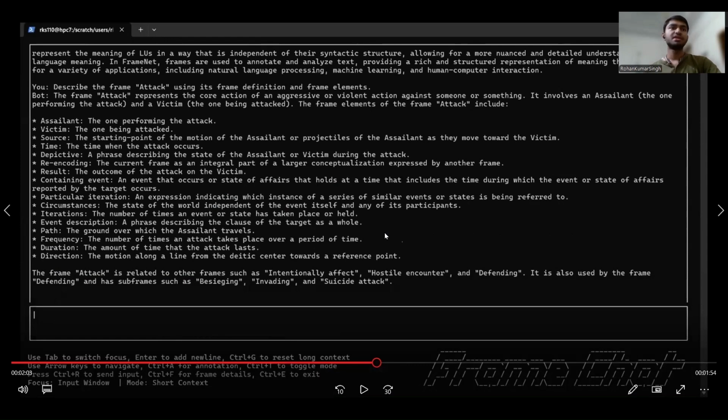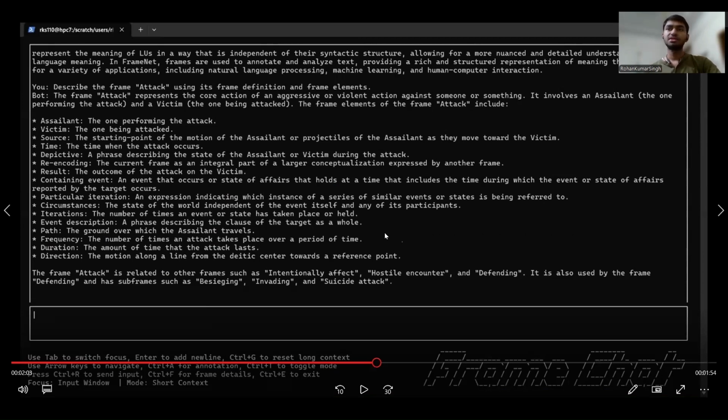It involves an assailant and the frame elements are assailant, victim, source, also with their frame definitions. Depictive, reencoding, result, containing event, particular iteration, circumstances, iteration, event, path, frequency, duration, and many more.